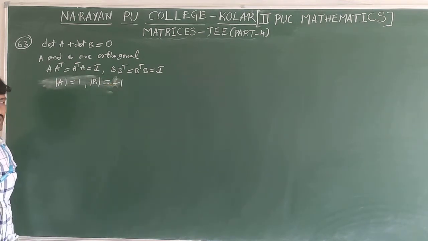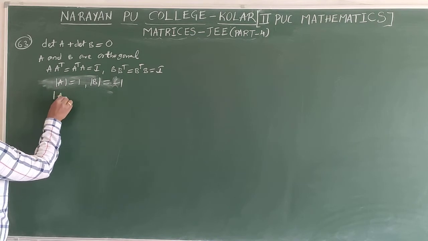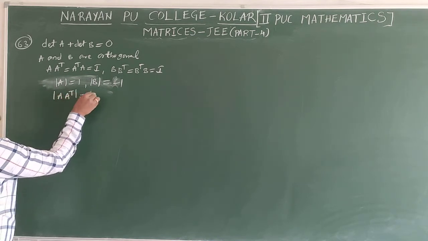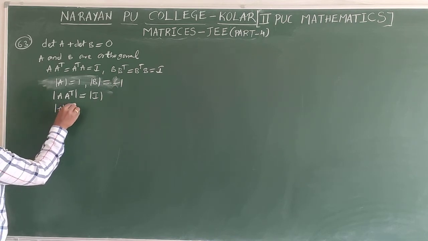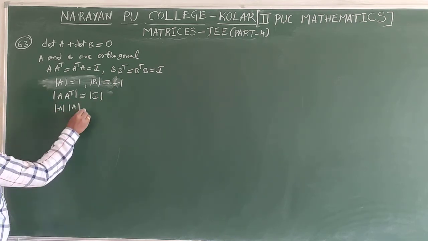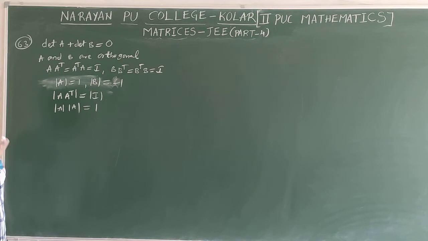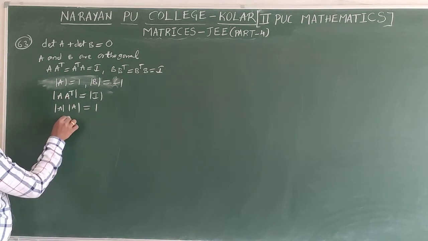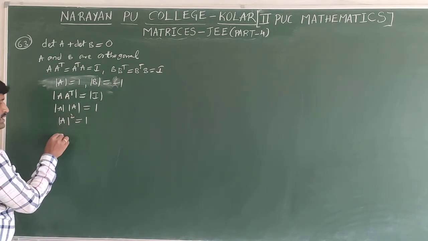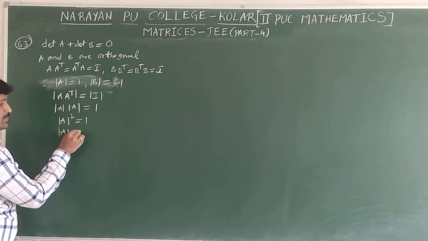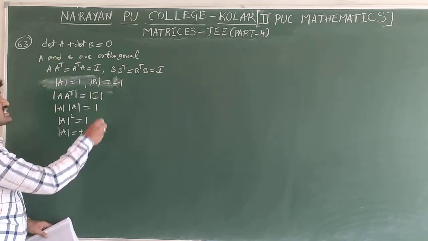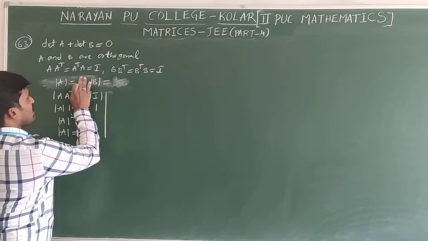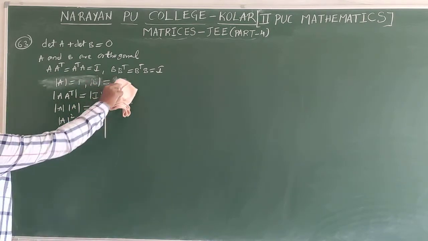If you take det A as 1, det B I will take minus 1. If there is a doubt, you can check like this: det of A into A transpose equals det of identity matrix. Here det of A into det of A transpose, also equal to det A whole square, is equal to det of identity matrix, which is 1. This is clearly det A whole square equal to 1. Det A you can take either plus or minus 1. Now to satisfy this condition, similarly det B also will be plus or minus 1. See once.